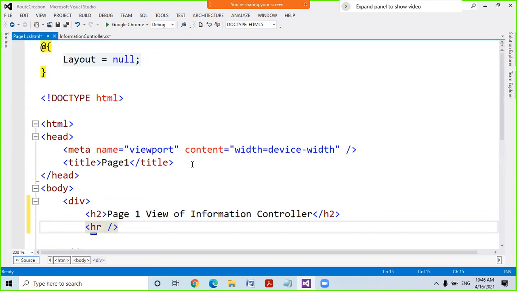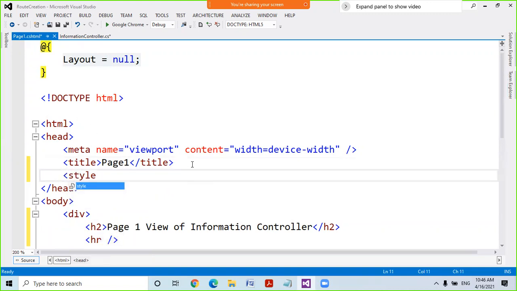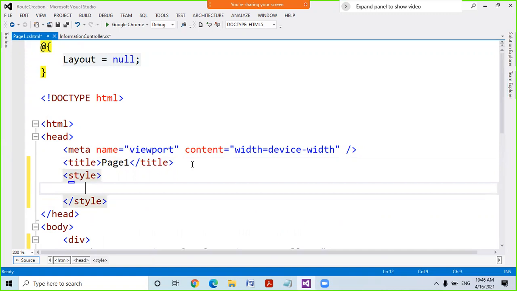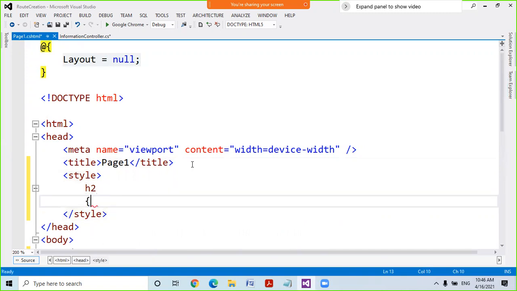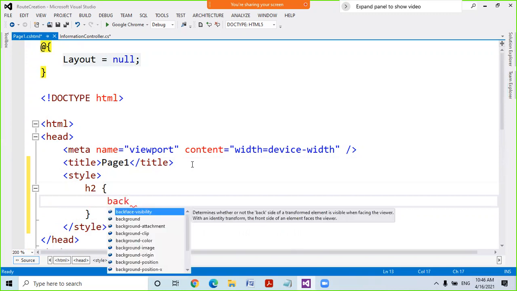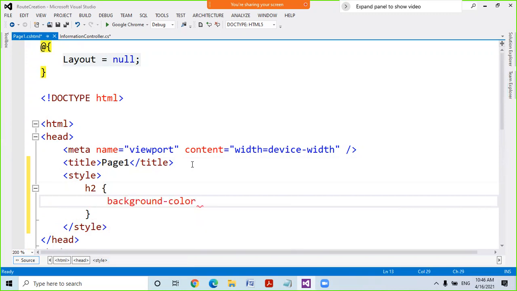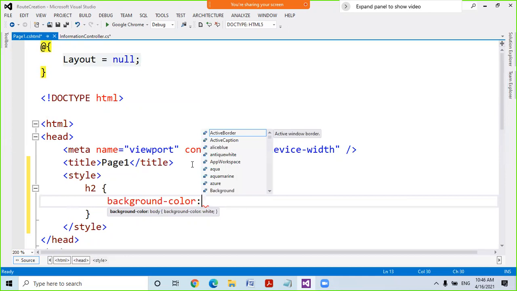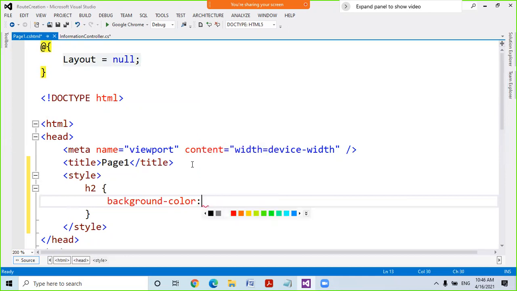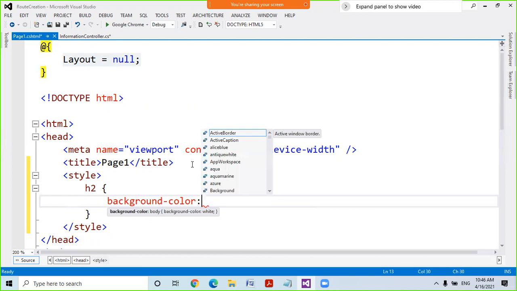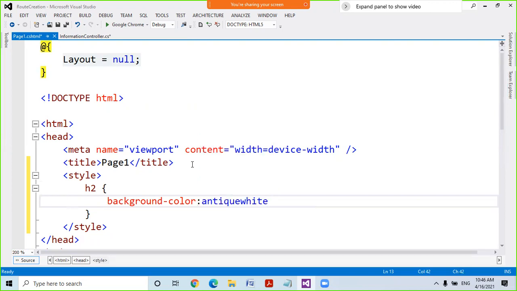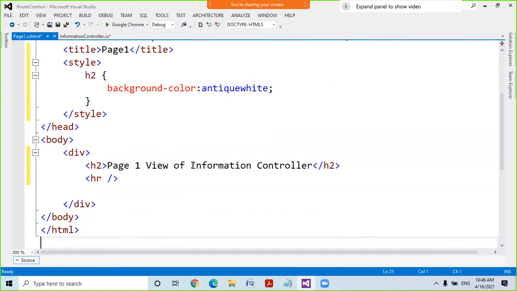That's it. A small CSS for highlighting the heading. That's it. No page will execute yet.